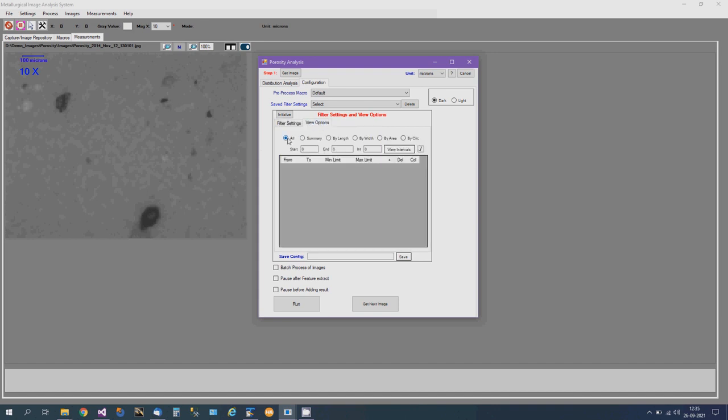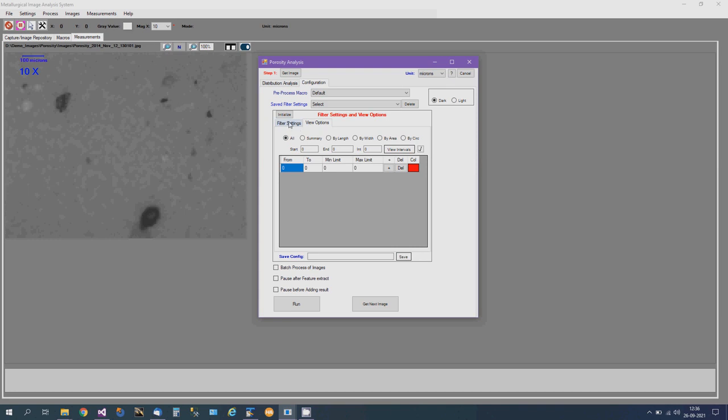You want to display everything or just a summary, or bucket your features by length, by width, by area, or by circularity.